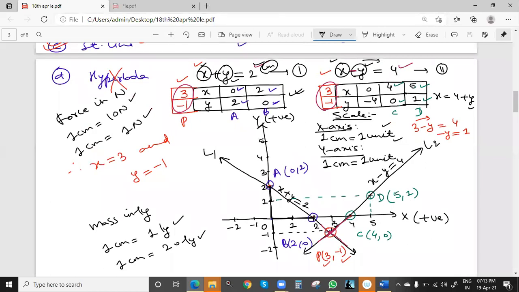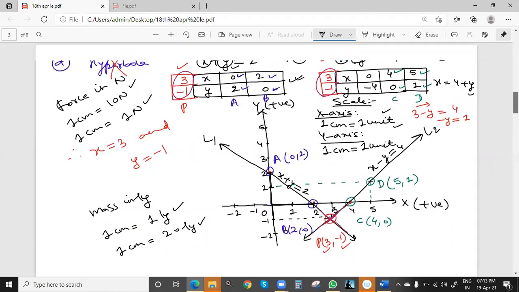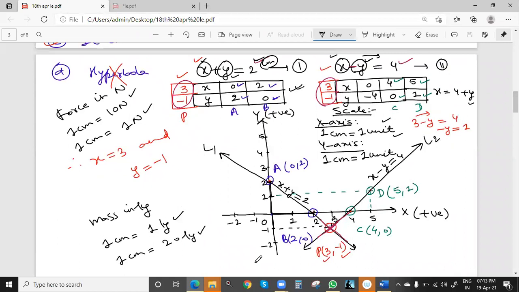From these three methods, if anyone has any doubt, then please ask. Otherwise, you all can end this session. And those who have any doubts, they can stay back, because next method we'll see in our next class. That is cross multiplication method.